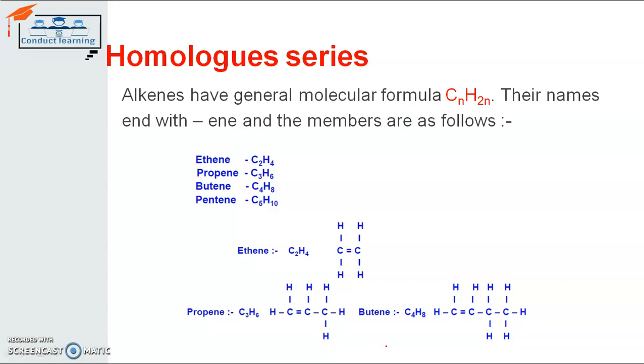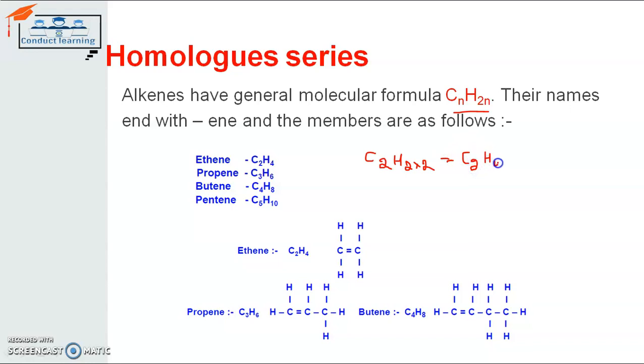That means to say whatever the number of C atoms there will be, the number of hydrogen atoms will be double that according to the formula. So for example, for ethene, the number of carbon atoms is 2, as we have done before also. Accordingly, the hydrogen atoms will be double that. Because the value of n is 2, I will write 2 in place of n in this chemical formula. So the formula for ethene will be C2H4.